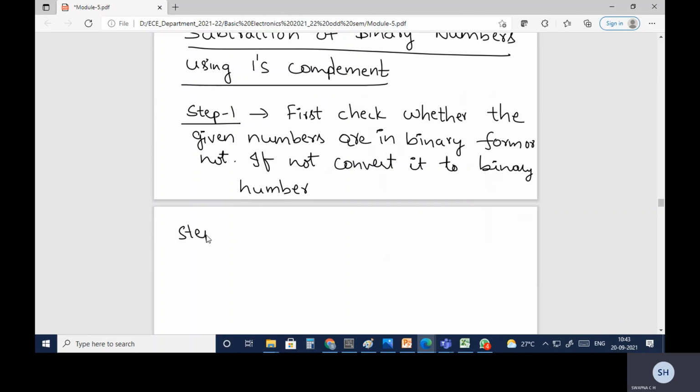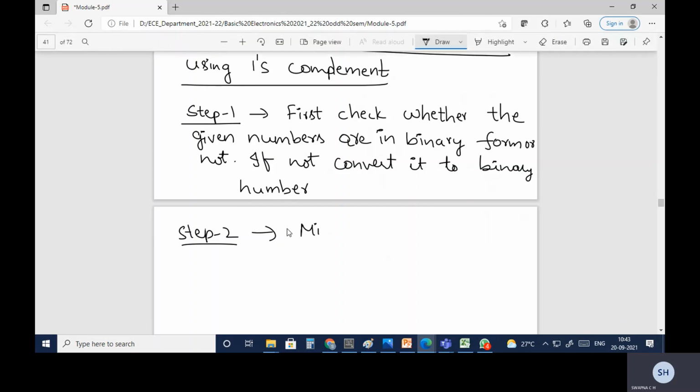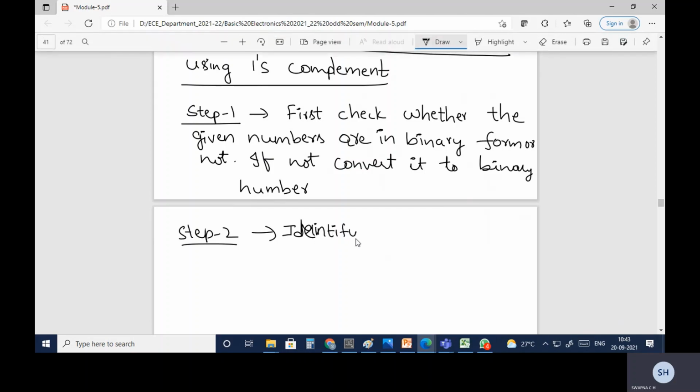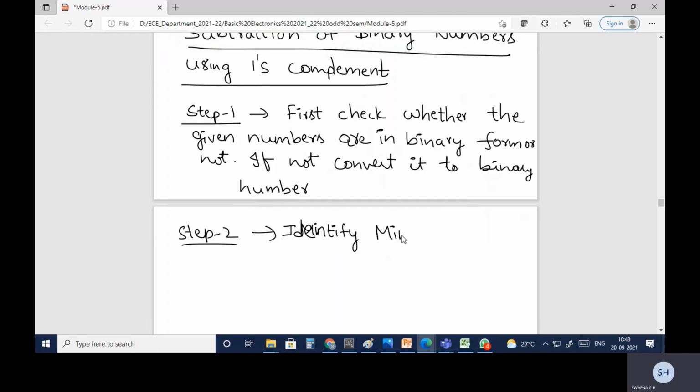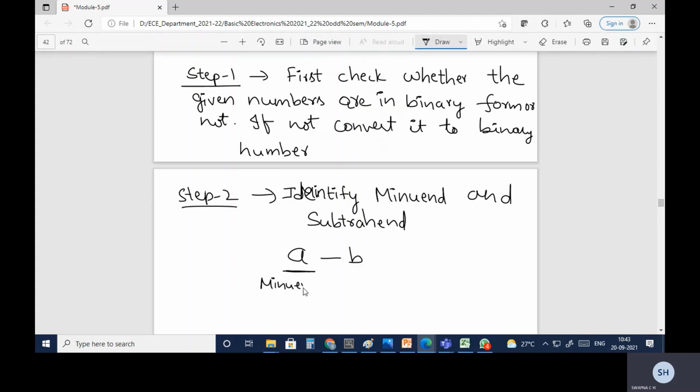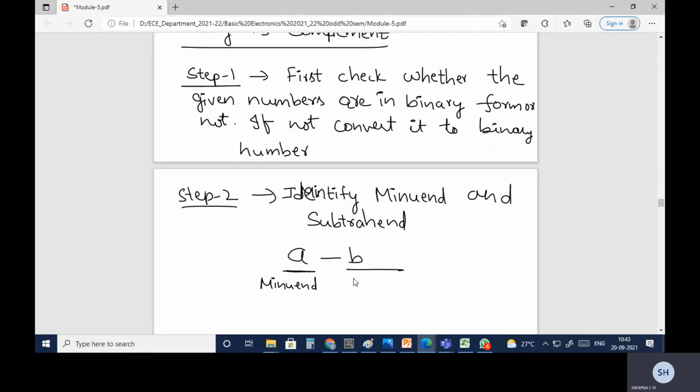Step 2: you need to identify which is the minuend and the subtrahend. So if you are writing A minus B, this is said to be the minuend and this is said to be the subtrahend.